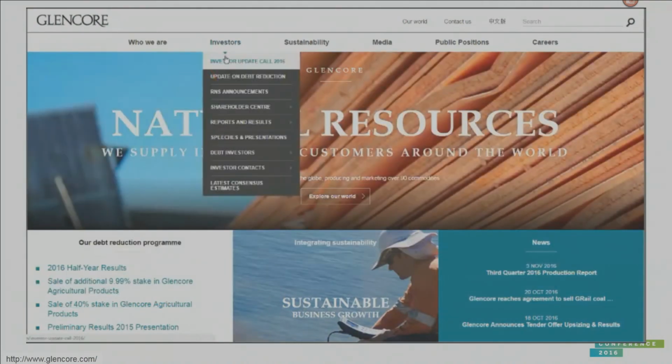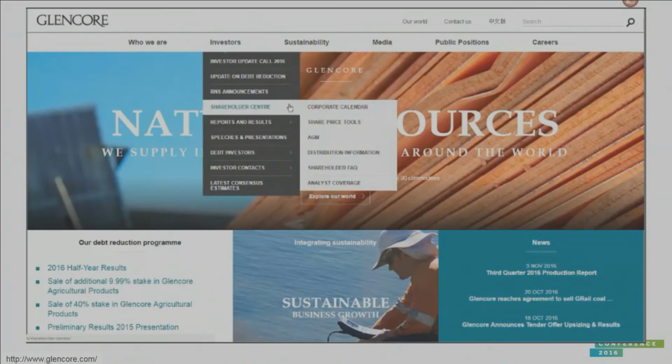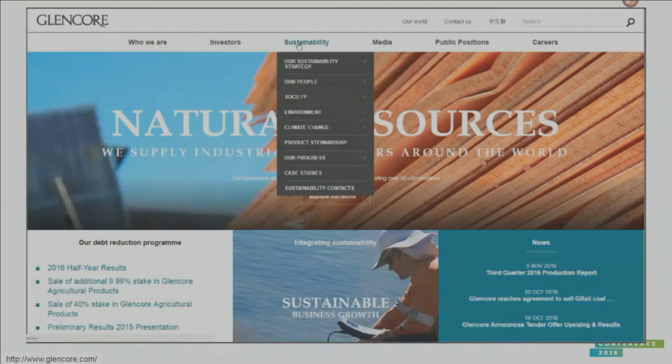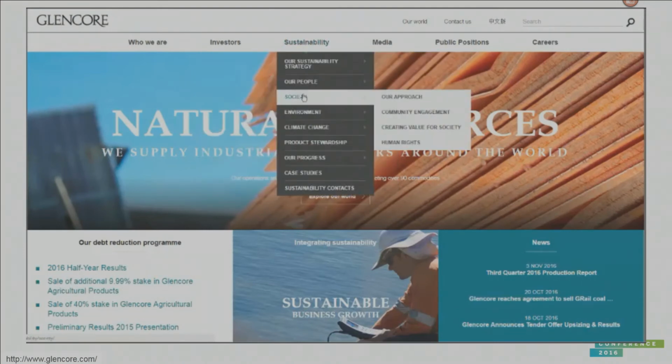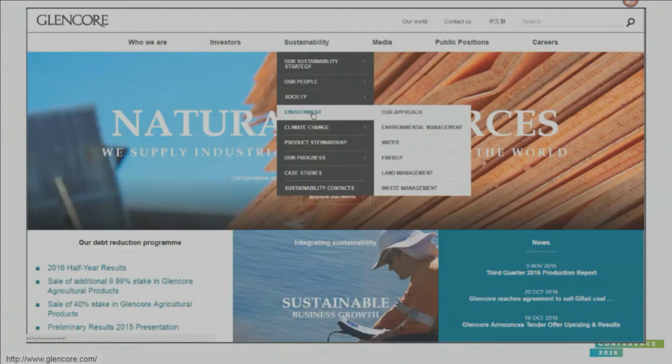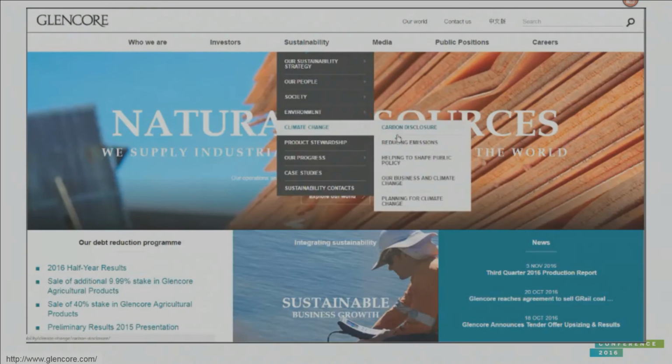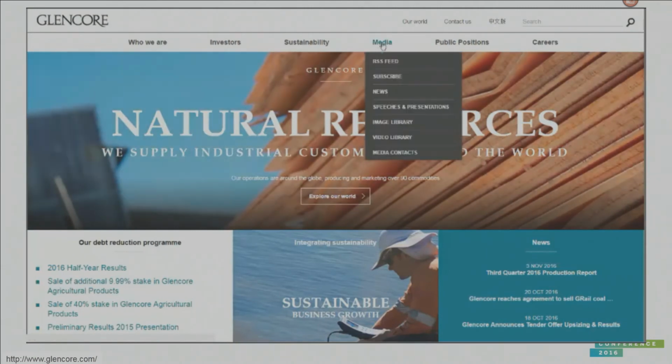They are publicly traded, so they have investors. They need to release information legally for their investors. They also, like many companies, have corporate responsibilities around sustainability in their case. So they release lots of information about their impact on the climate and what they're doing to reduce emissions. And lastly, just like every company, they either have a corporate blog or a media page, because companies don't exist in isolation. They want to get their products, services, whatever they sell, out there. All of these are publicly available data sets.